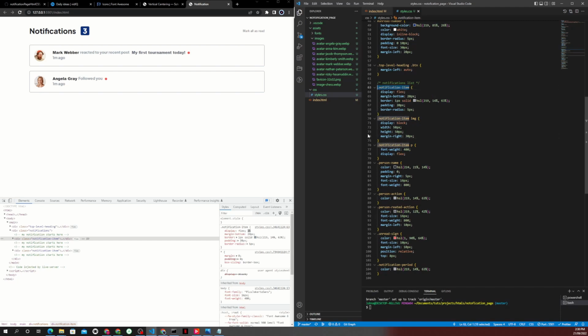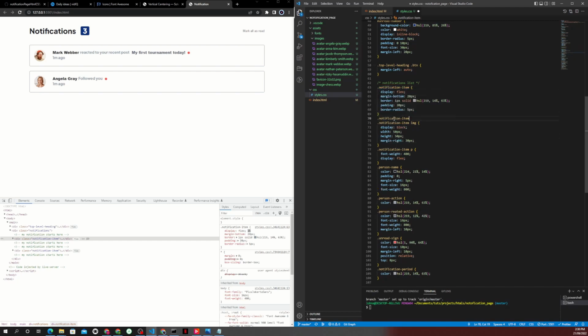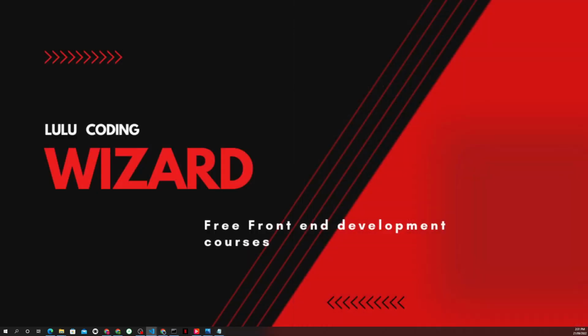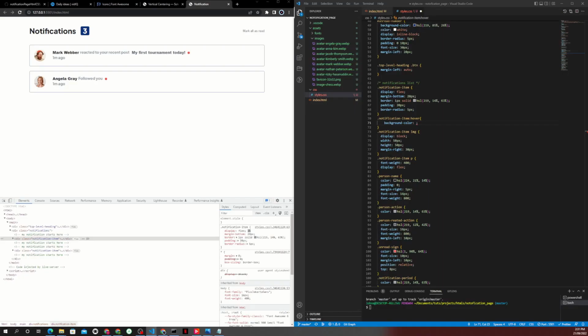So I'll say when this one is hover, I'll need a background color, and let me pick up the color of the hover. So it'll be light grayish blue, actually very light grayish blue. And let me put this color here and see if that will work. Okay, it's not visible,